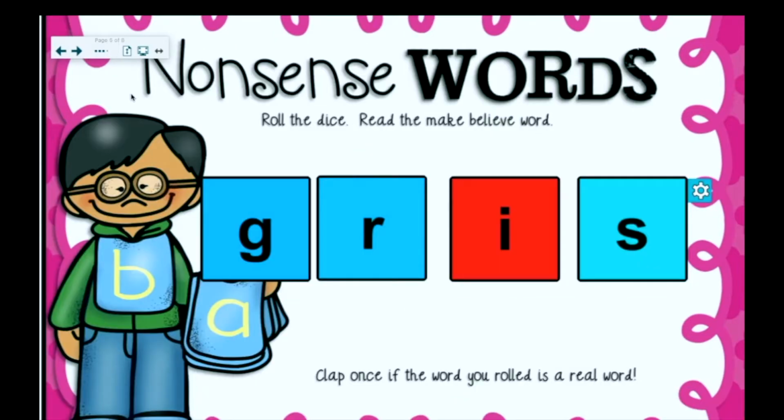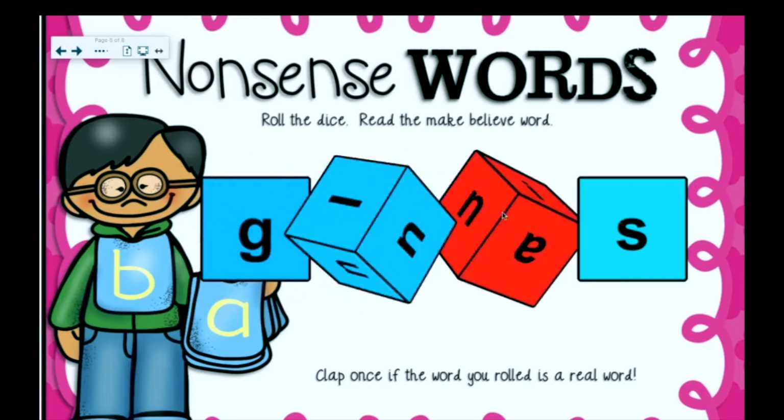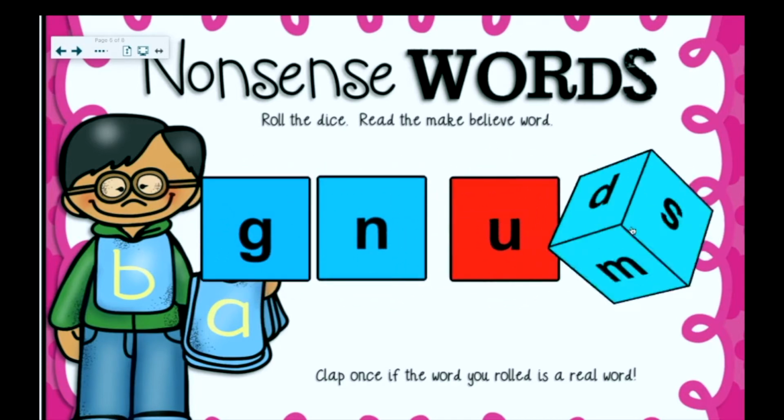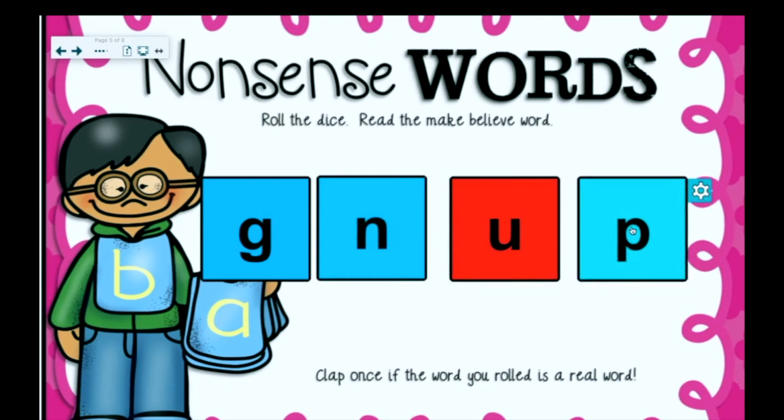We're going to be reading a nonsense word. That's a word that's silly and you wouldn't see in the real world. We're going to first give ourselves some consonants, and then a vowel, and then one more consonant. And if this word happens to be real, we will clap. So we're going to first decide what kind of sound our vowel is making. So we look for the vowel, and we look after it. And I see one vowel followed by one or more consonants. So this is going to be the short sound. And we have an interesting blend here, g, n,